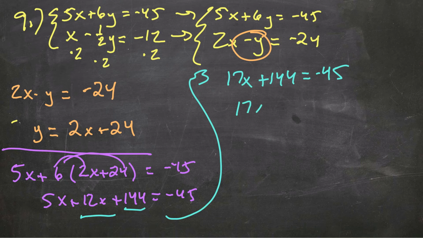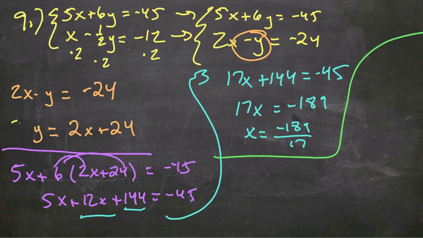I subtract 144 from both sides. I get 17x equals minus 189. I divide by 17 everywhere. I get x equals negative 189 over 17. You can totally give me the decimal if you'd like, but I left it as a fraction, and I'm going to say 2 times negative 189 over 17